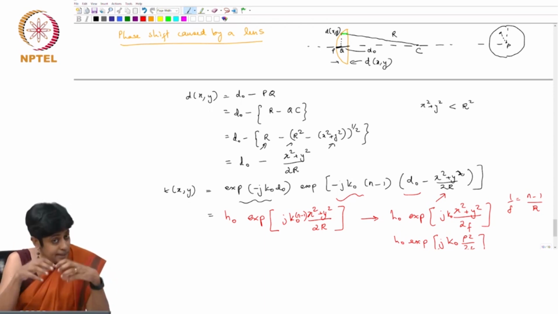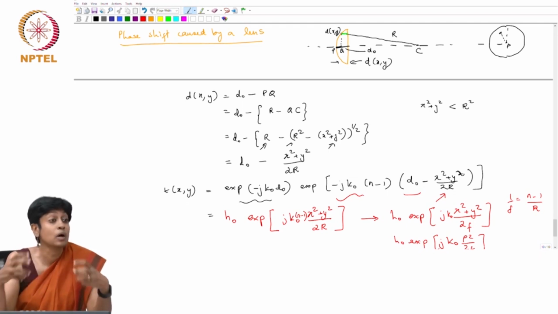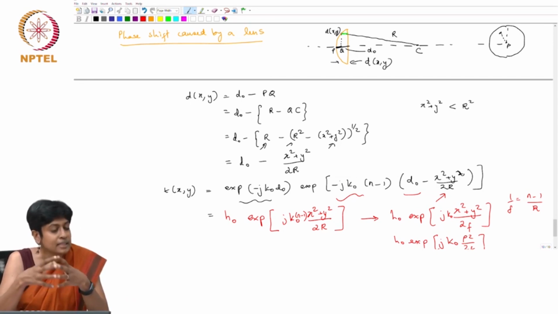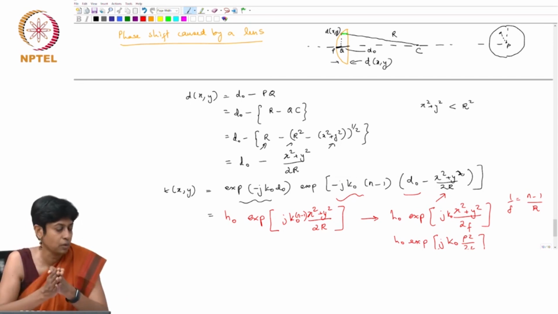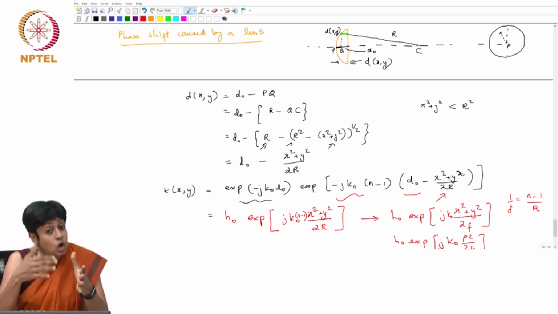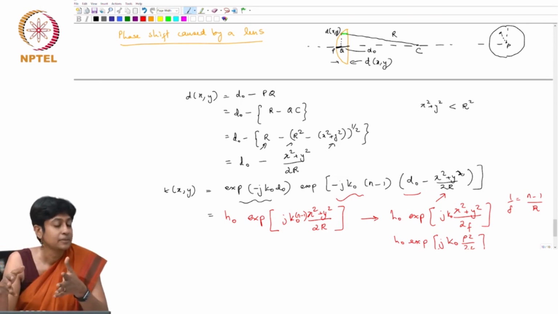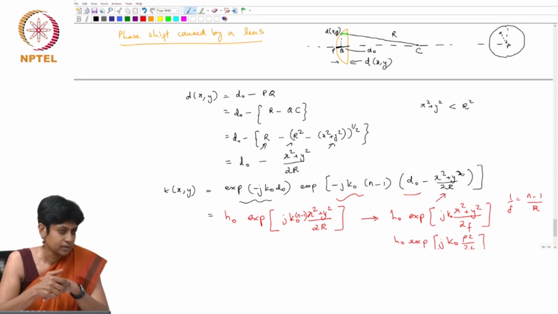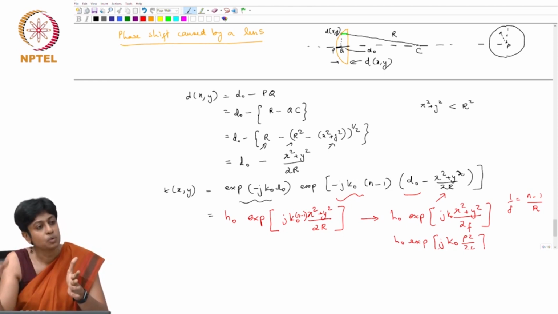We then looked at the M squared parameter, which gave us an idea of how to quantify how Gaussian a beam is. A Gaussian beam is an easy beam to work with. It gives a good focal spot. But not all sources will generate a Gaussian beam. And the M squared parameter allowed us a means of quantifying how Gaussian a beam is. And then we want to move on to looking at how a Gaussian beam transforms when it interacts with lenses and mirrors.